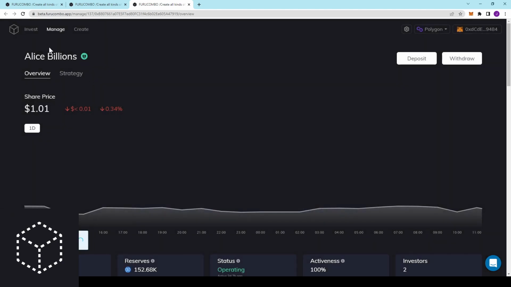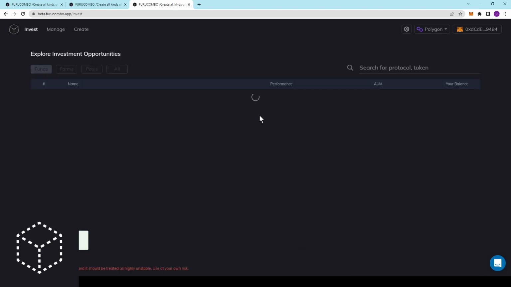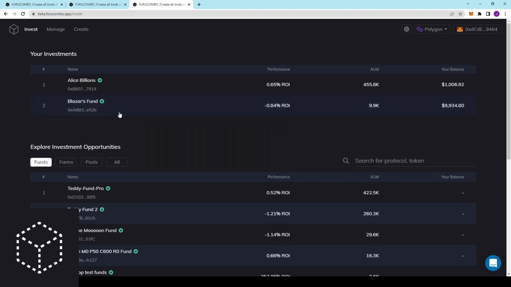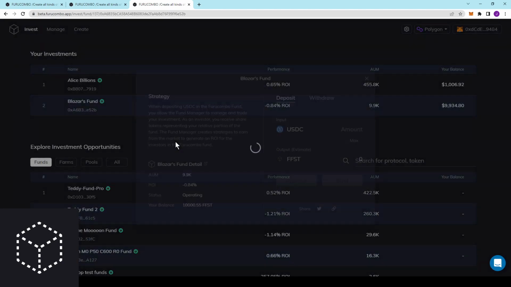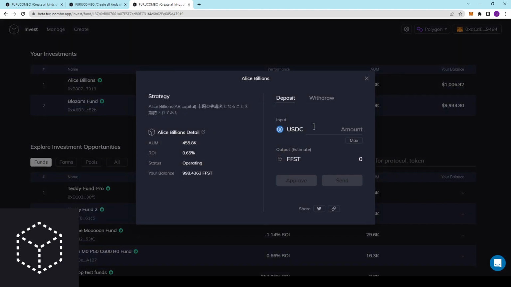And then once that's confirming, if we go to, for instance, my fund, and I go to deposit, we can see that I would receive over 1,000 of these fund tokens. And then with Alice's, we received less